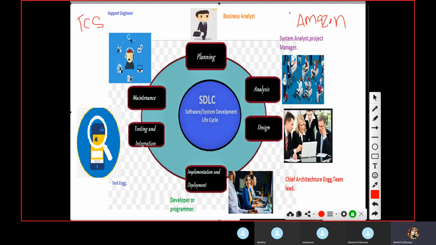This is the client and this is the software company. Both are software companies. One is a product based company, and this is a service based company. So TCS is providing service to Amazon, right? Amazon has given one project to TCS. I am going to explain the complete development.